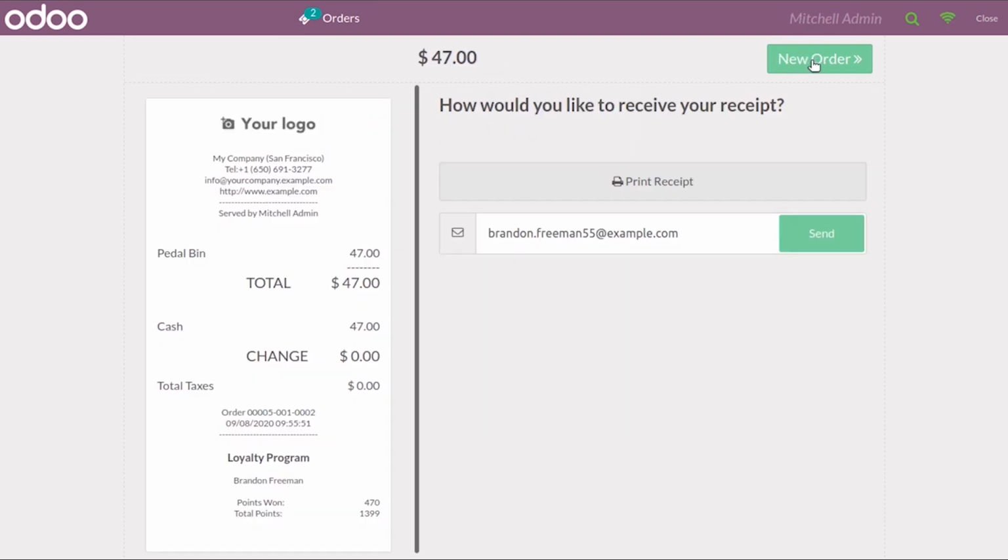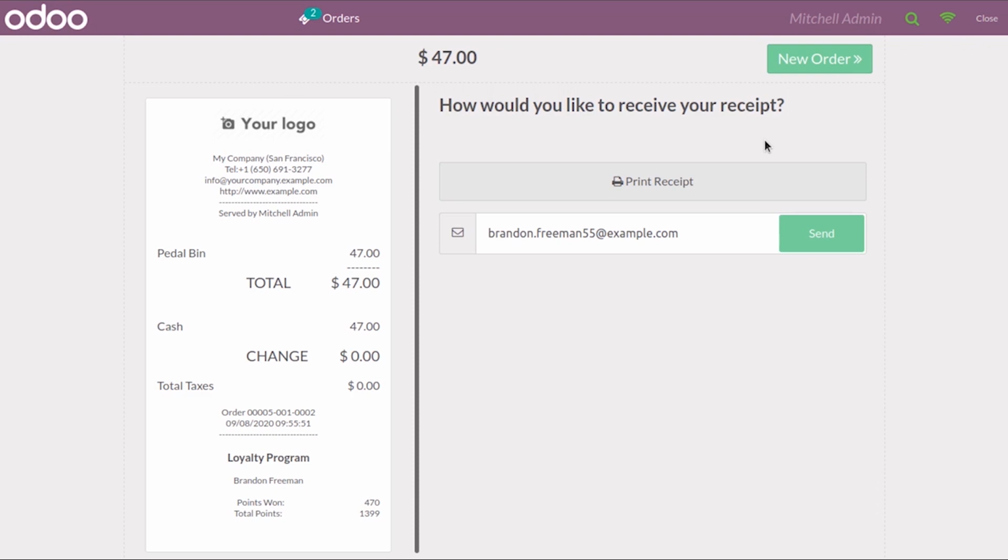So once you validate your order itself, it will take you to the new page where they will ask you to take the print receipt. So usually in 13 also we had this option, but you can see there are certain changes in the view, and here you can get the mail address of that particular person through which you can send them. So here we have that option also, or otherwise you can move on to the next orders.